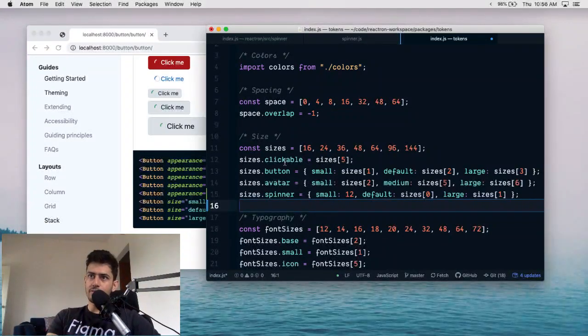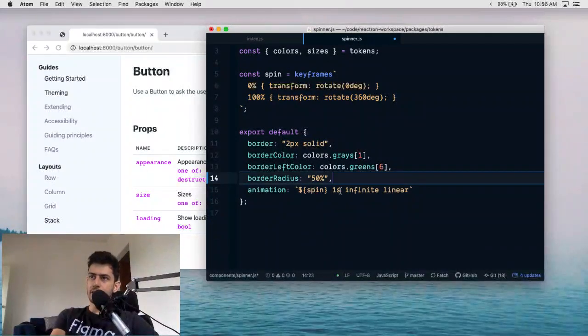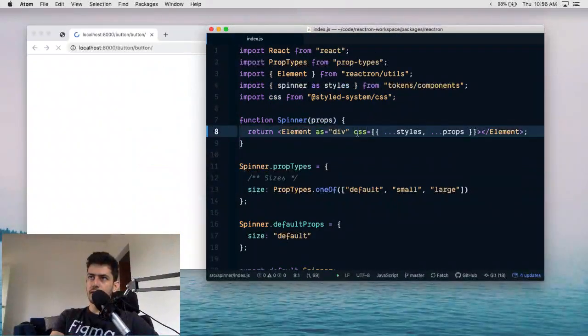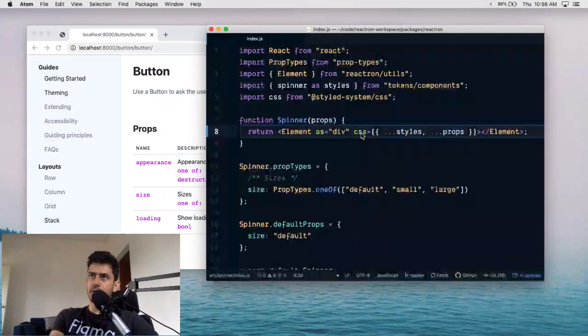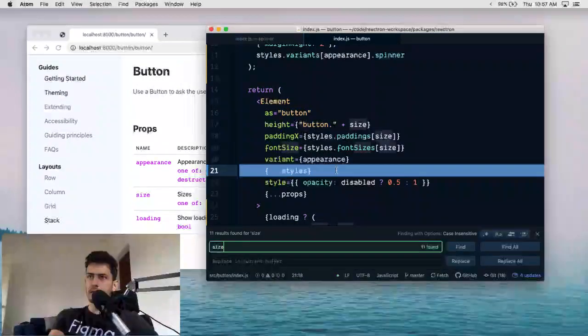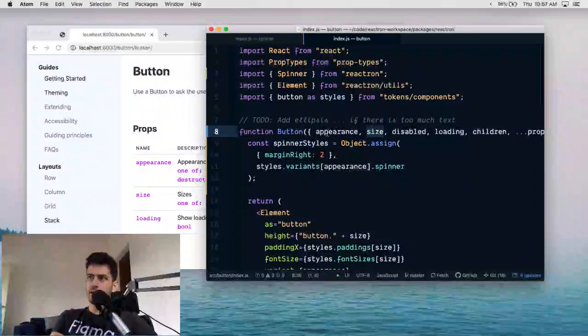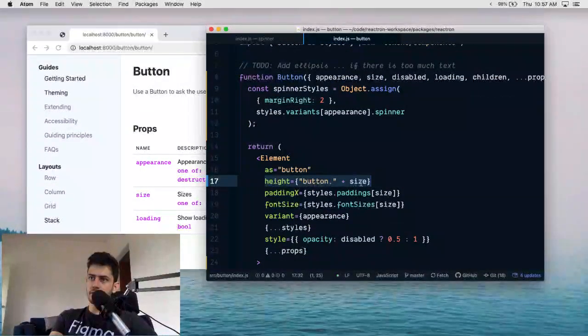Luckily we've kept all of our sizes here. It's not gonna take it from here, then it would take it similar to the button. How do we do button sizes? Size. Oh, there we go. Height is